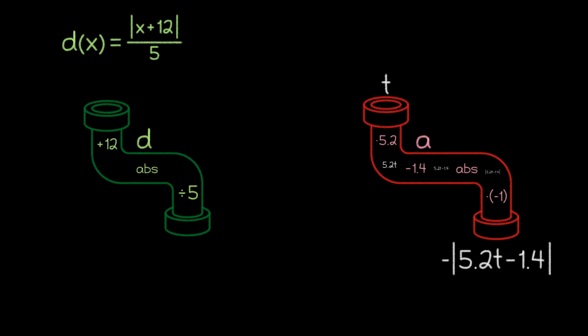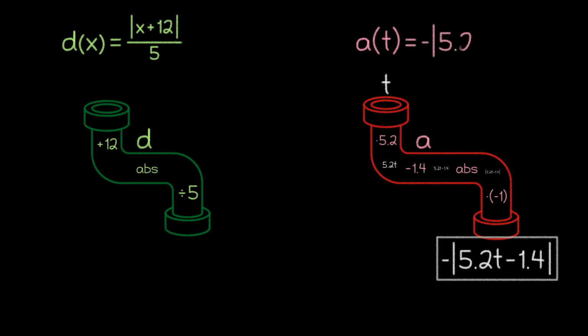Once we've done all of this, it's time to write out our actual function notation. Since our function name was a, we're going to start by writing a with a set of parentheses after it. Then we put t inside the parentheses to indicate that t is our input. And lastly, we need to indicate that a of t is equal to the output of the machine, which is this expression. So we copy that expression into our function notation, which successfully completes the conversion process.